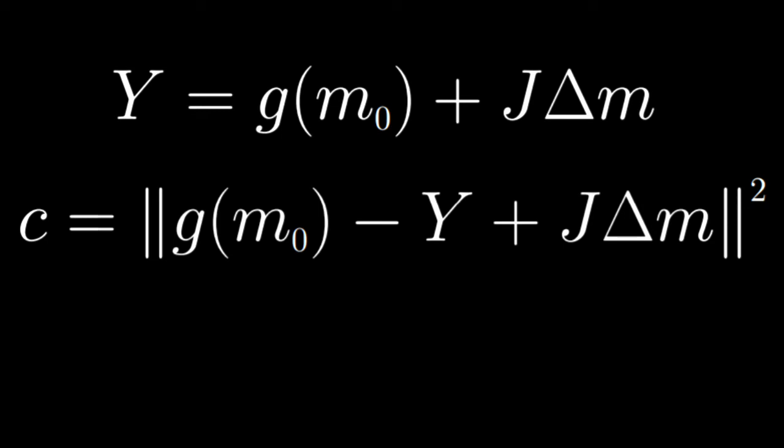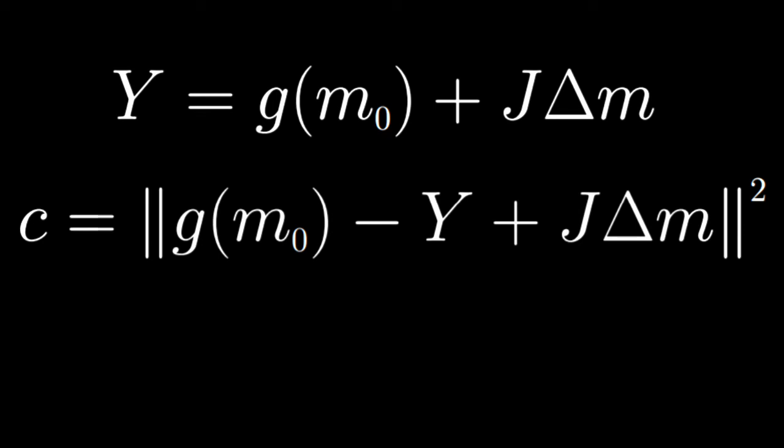Okay, so that was a little aside, but getting back to our equation we need to solve and the cost function, a little simplification I've done here is I've replaced the gradient that we saw, the dg by dm evaluated at m0, with just the capital letter J here. So I'm going to call it the Jacobian from now on, as a term that you'll typically hear. So whenever you hear that, just think the gradient of whatever function you have with respect to the